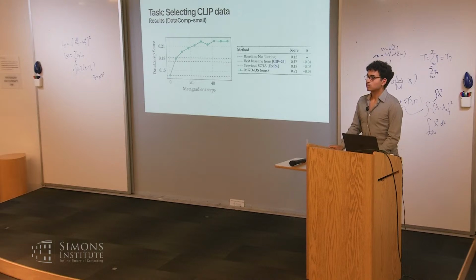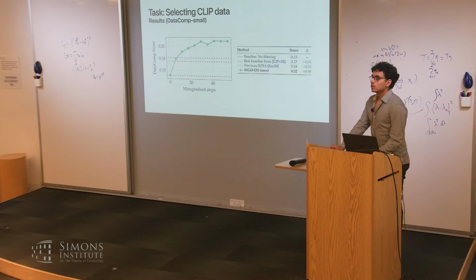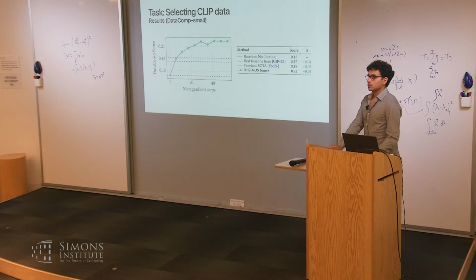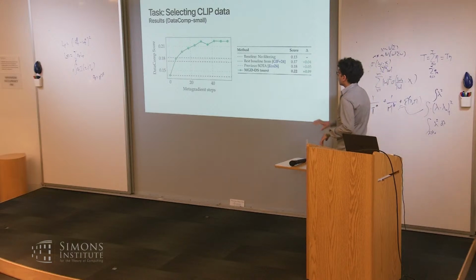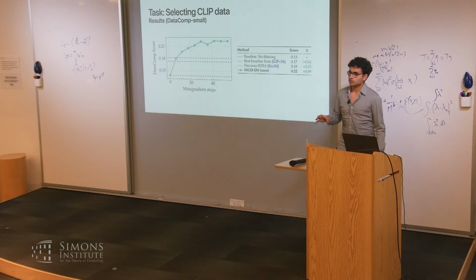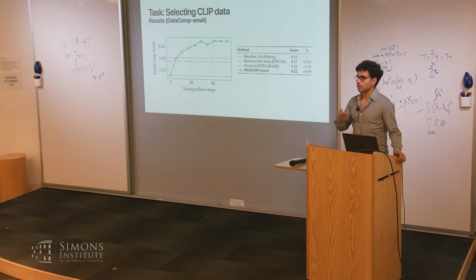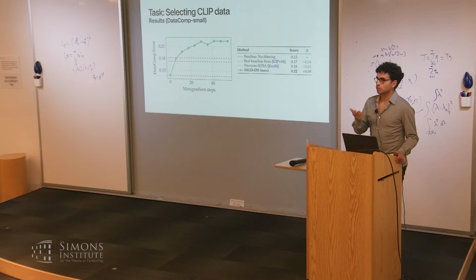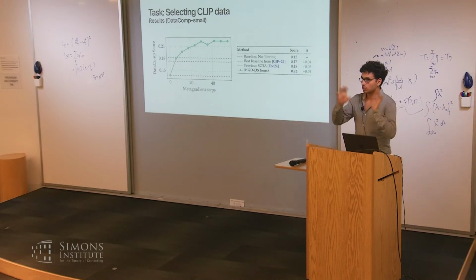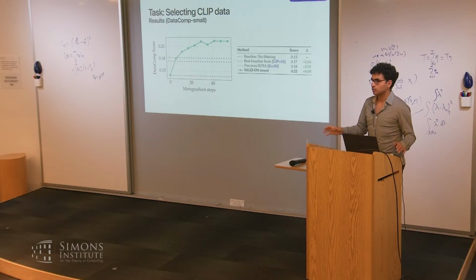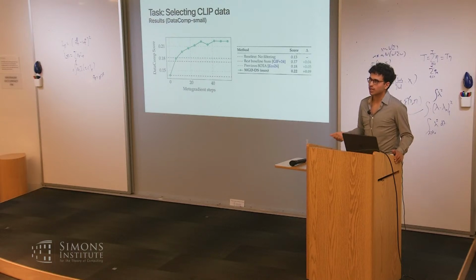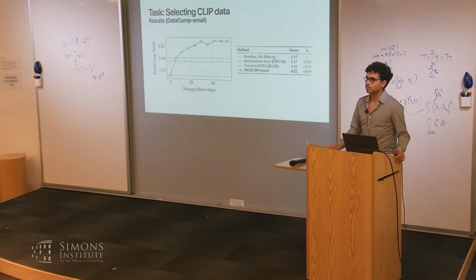What's in the DataComp setting? What's the data you have access to, and how does that compare to the training data and the final thing? Right. So they give you some small subset of, I think it's LAION or something, some large data set, and they ask you for basically the indices that you want to train on. So your goal is to select a subset of those indices. But the pre-training corpus is some web scraped data. And the target tasks are standard zero-shot, ImageNet, CIFAR-10, Food, Camelyon, WILDS, all of those things.